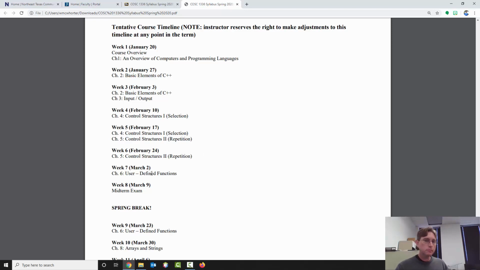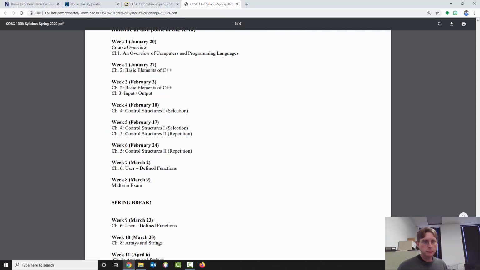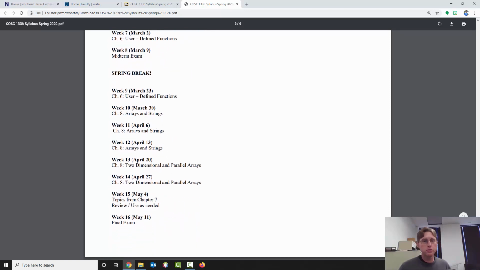And then we'll start talking about functions. A function is a way of splitting up your program into different, self-contained modules. We'll get into that, and there are several concepts that go along with that. Then we'll have the midterm exam before spring break. After spring break, we'll continue with functions, and then we'll start talking about things like arrays, one-dimensional arrays